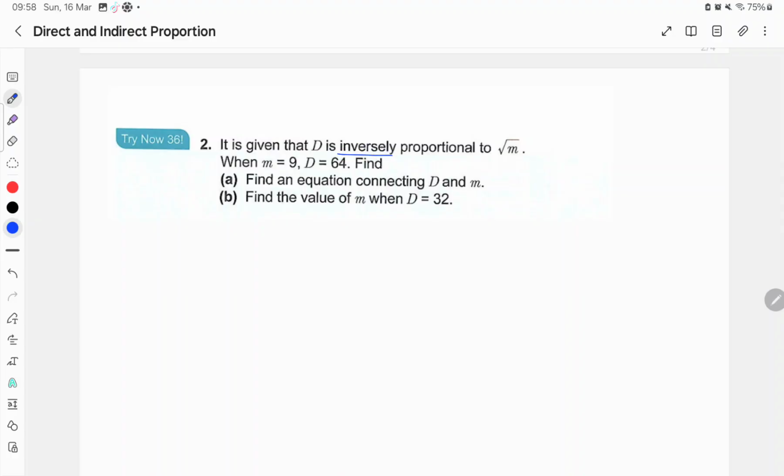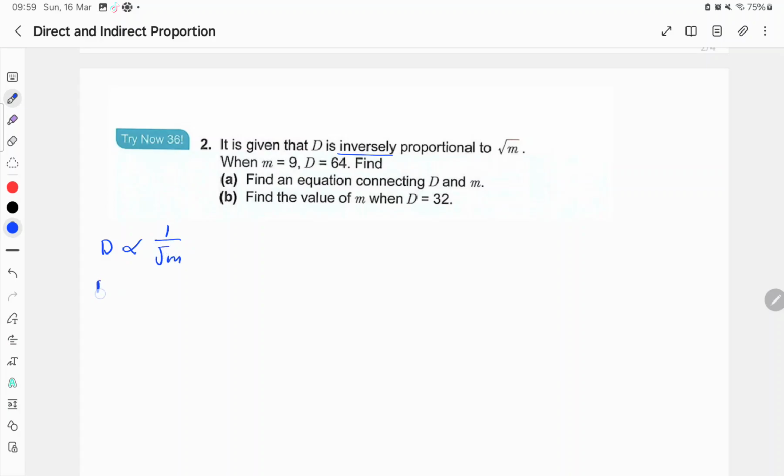Inverse proportionals. So if it's inverse proportional, and my two letters are D and M. So I'm going to say D is equal to, if you want, you can start off like this. D is equal to, if you want, you can even do everything here, like 1 over the square root of M,